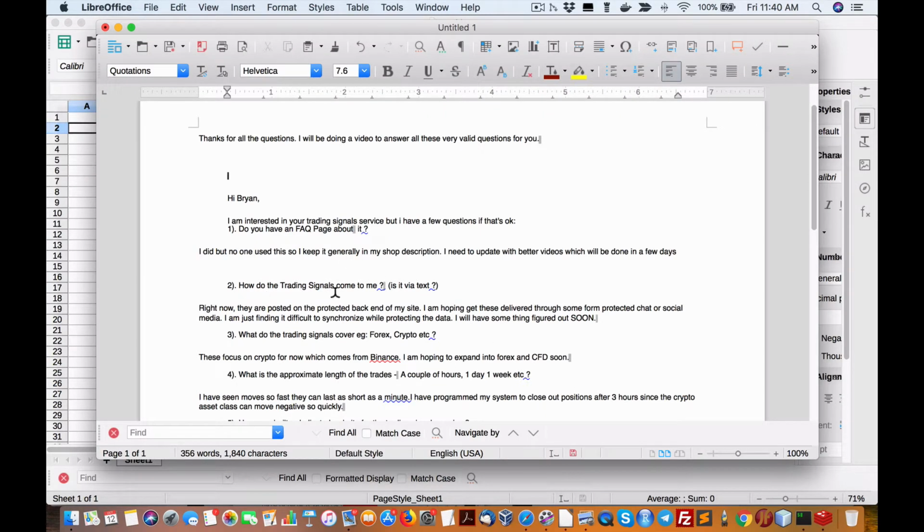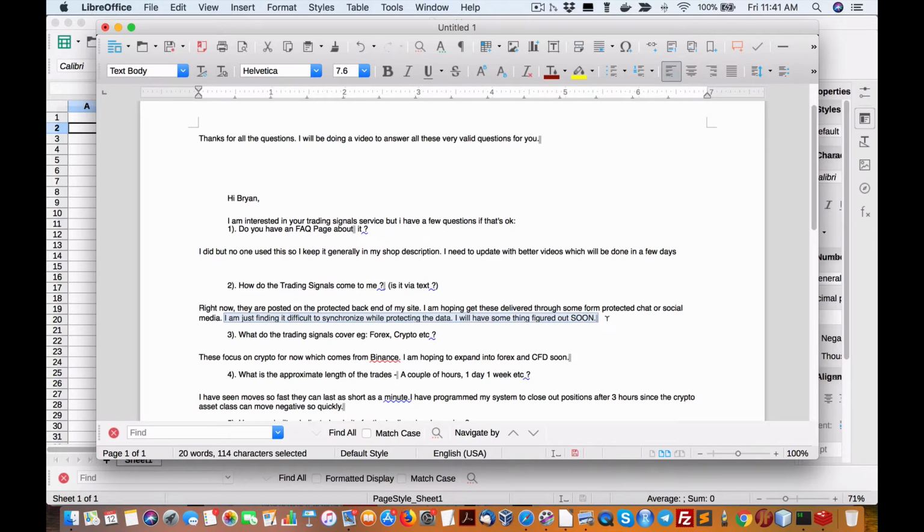How do the trading signals come to me? Is it via text? So right now they're posted in a protected backend. I'm hoping that these are delivered via some form of protected chat or social media. Right now I'm just testing out having them delivered via email. It's usually the one that you sign up with or register with. But I might have the capability to add in a second email if there's a custom email,